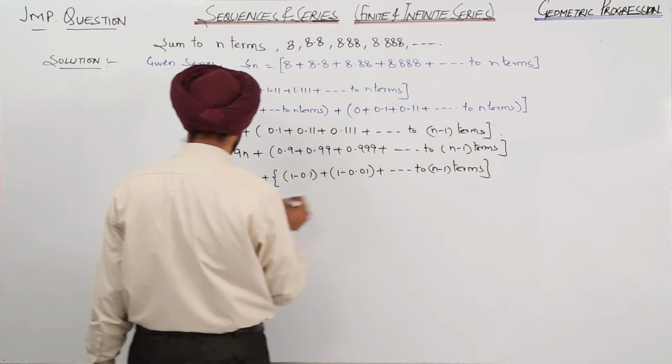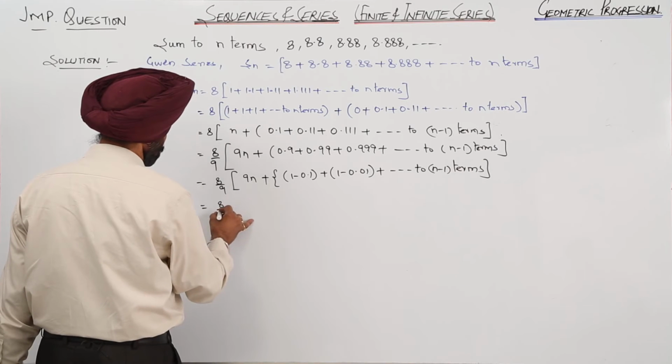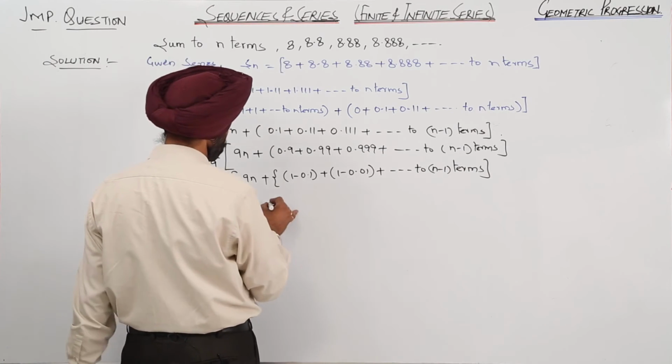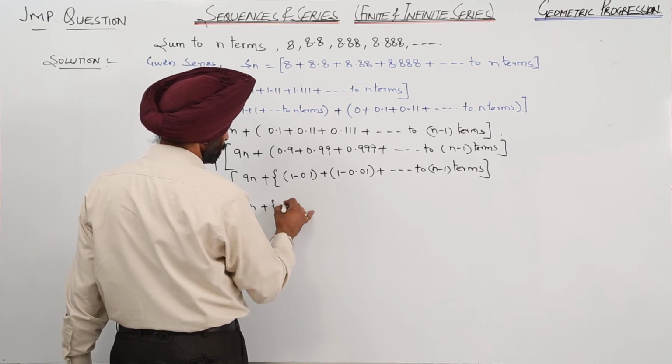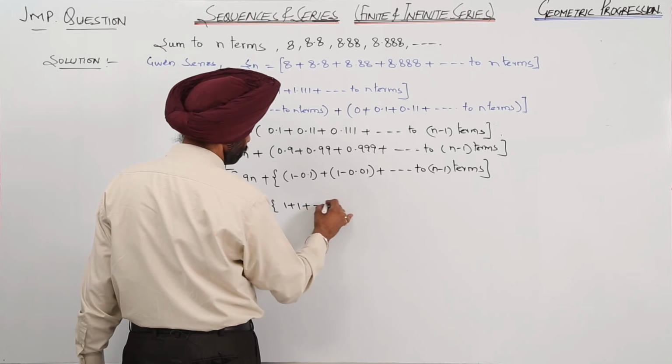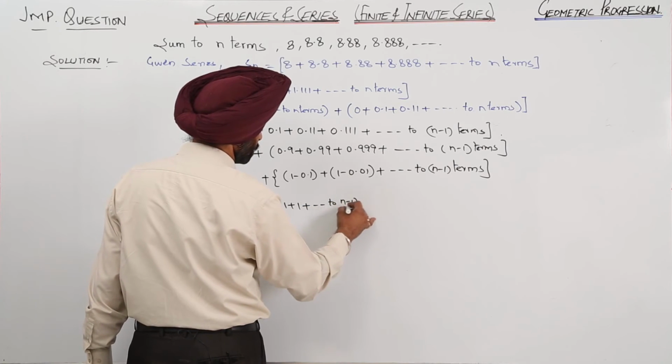So 8/9 times (9n + (1 + 1 + ... up to n minus 1 terms)